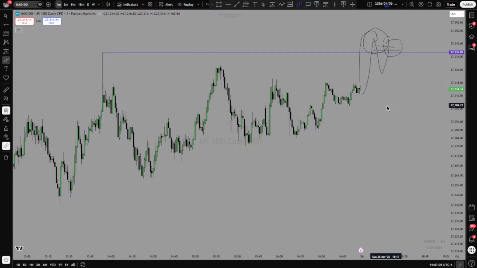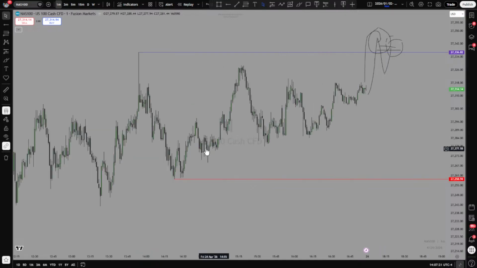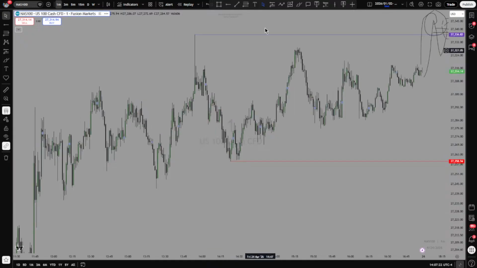But I want to say that the low I will be targeting here is this, right? This is the first low that I'm going to be targeting. This is what I'm going to be looking at. This is the low that I'm really interested in seeing first, before these lows, right? That's what I'm actually looking at.